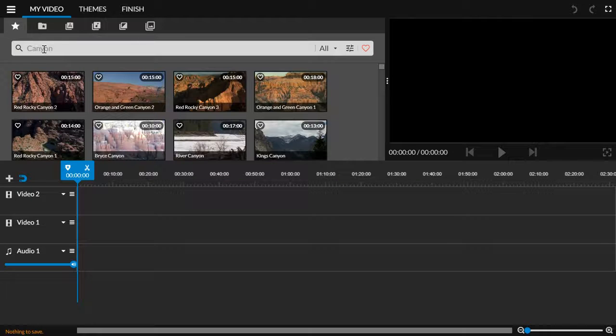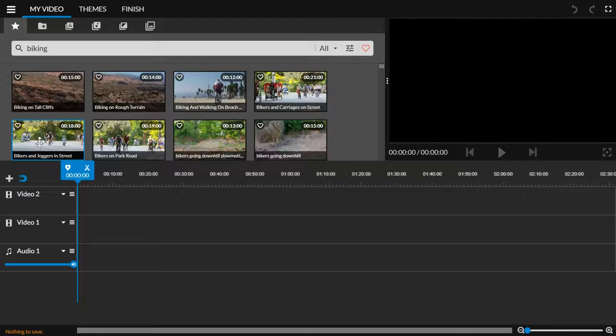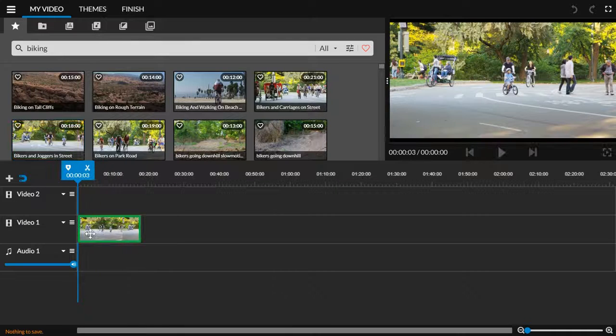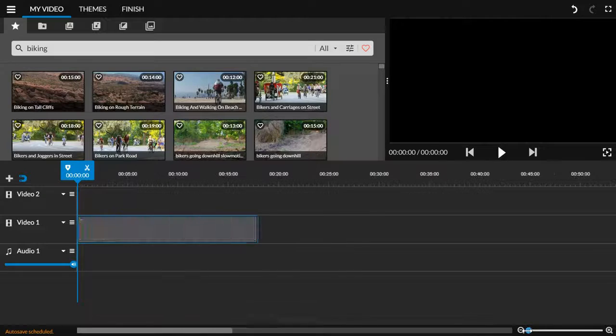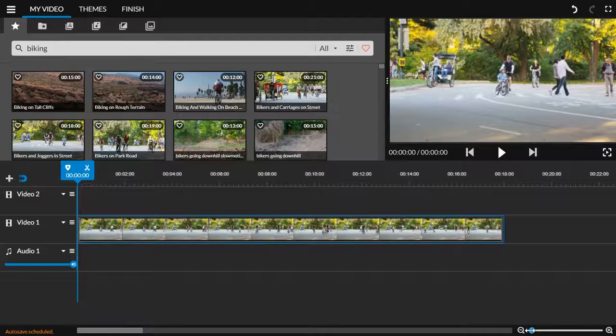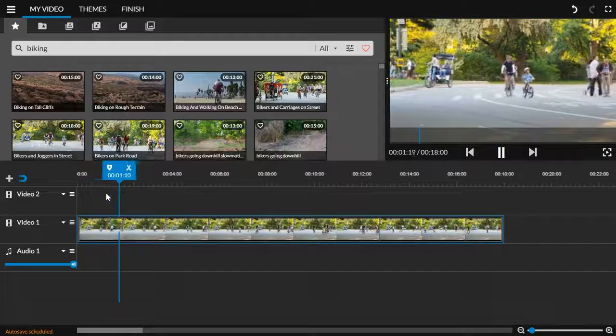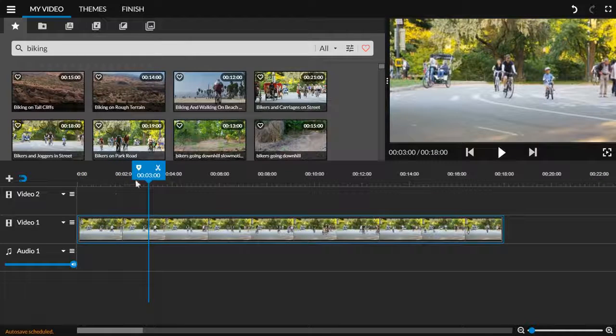So I'm going to go back to my essentials library and I'm going to pull up that biking video I liked. And when I want to put something down here, I click and drag. And down here in the bottom right, I can zoom in and zoom out to see my timeline. So if I want my video to start going, I just hit the space bar. And what's cool is